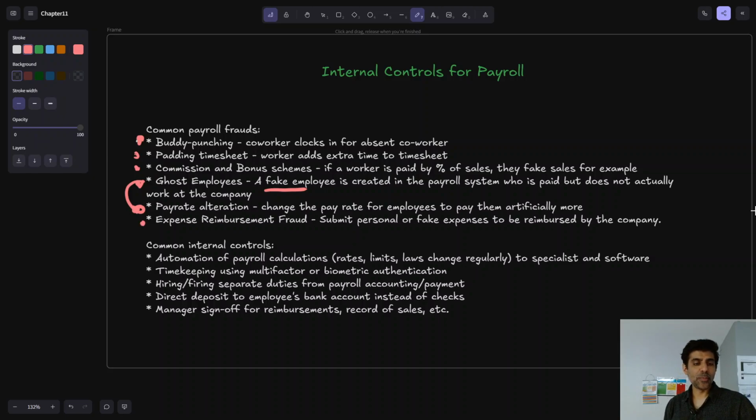And then expense reimbursement fraud. Okay, this is a common one too, where an employee will spend a bunch of stuff on their personal needs, and then expense the company. And we saw that with the Jacksonville Jaguars guy, right, who was buying country club membership and gambling and all that kind of stuff. I have a friend who works at a company, not to be named, but they're running